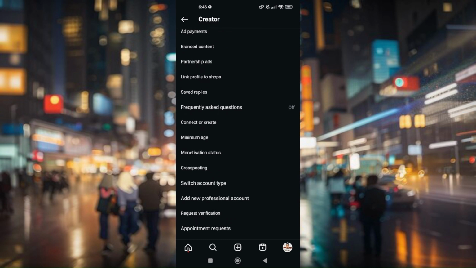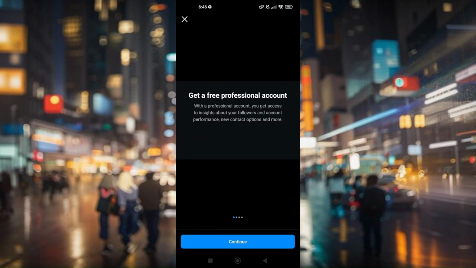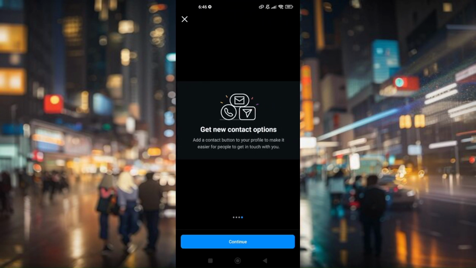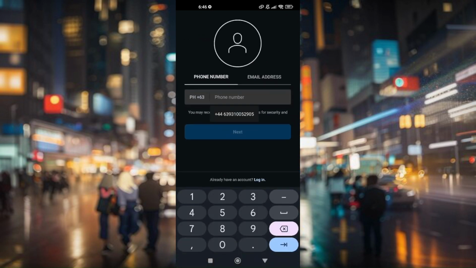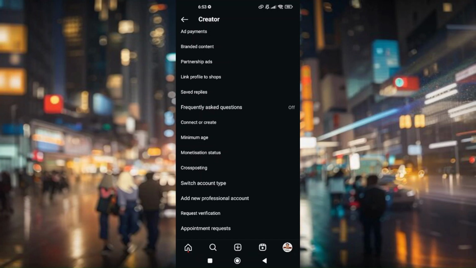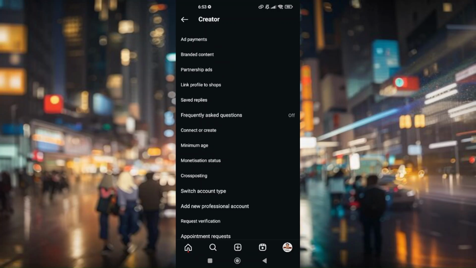From here, you'll just have to tap on Add a new professional account. Let's go ahead and continue and follow through the process for you to be able to make a monetization account first. Now, once you're done setting up your creator account, or the account that you want to get monetized, all you